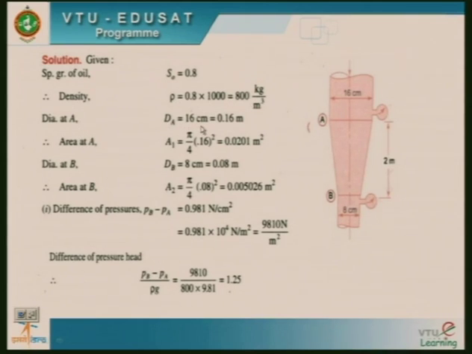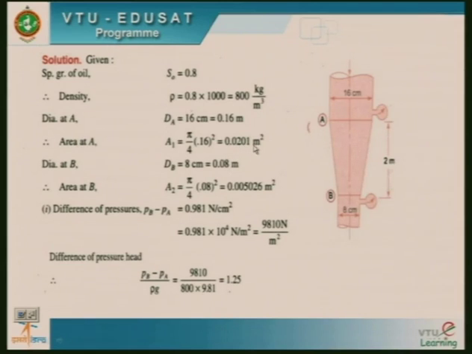Now, diameter at A is 16 centimeter given in the problem, convert that into meters, it is 0.16. Then the immediate thing is to calculate the cross sectional area at A. Why A? Because if you look at the discharge equation, Q is equal to CD into A1 A2 into root of 2GH divided by root of A1 square minus A2 square. In that equation, you need the value of A1 and A2. A1 is the cross sectional area at the inlet section and A2 is the cross sectional area at the throat section. So, calculate the value of A1 knowing the value of dA. Therefore, this A1 works out to be